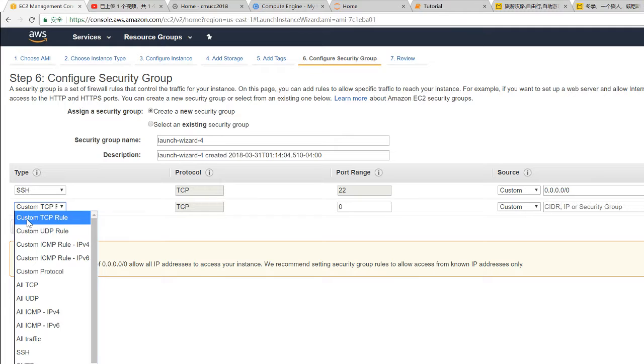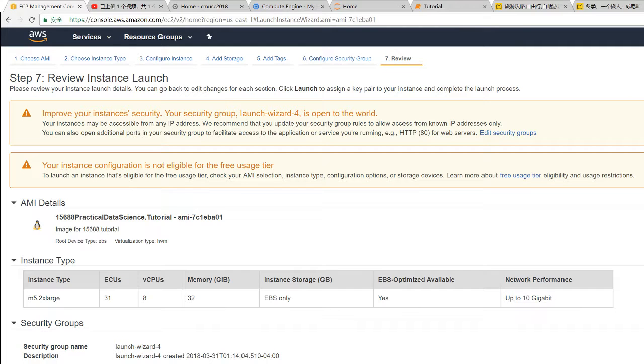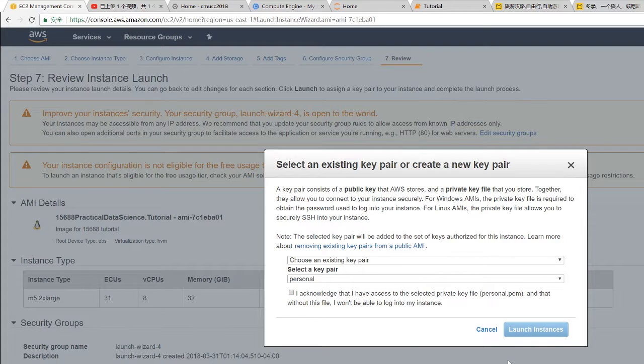We choose custom TCP rule here, and we open port 8888, and then we choose anywhere as the source. So any machine in the network can reach the Jupyter Notebook through this 8888 port,